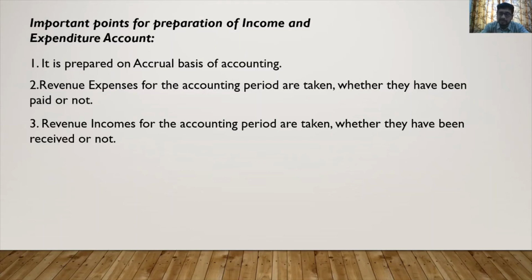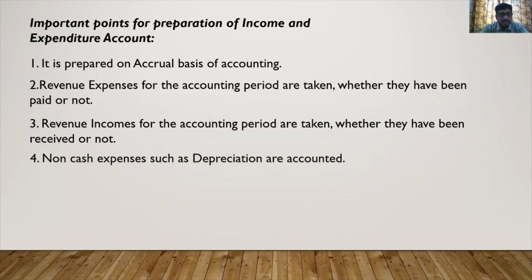If we have received only 9 months, 3 months is not received, but we also write 12 months. If we have received 2-year income, but we write only 1-year income, we write only 12-month revenue income of the accounting period. This is a very important point. Then, children, non-cash expenses are also recorded, like depreciation